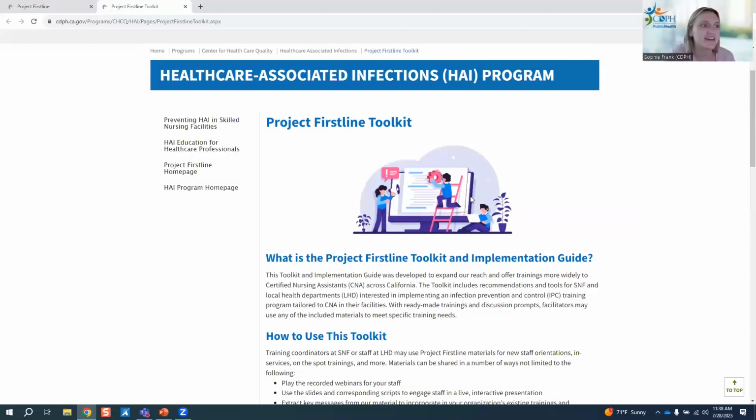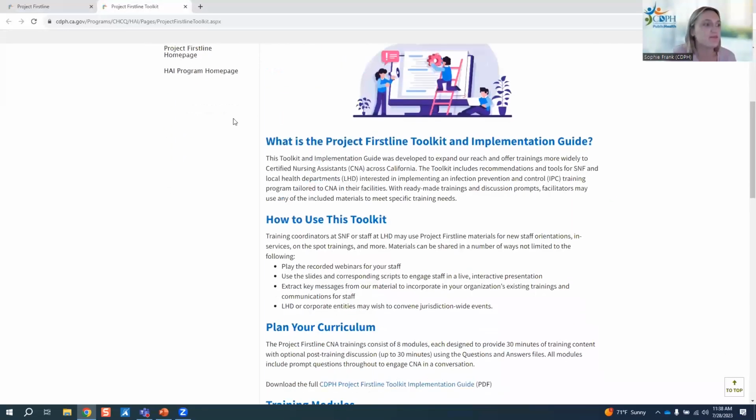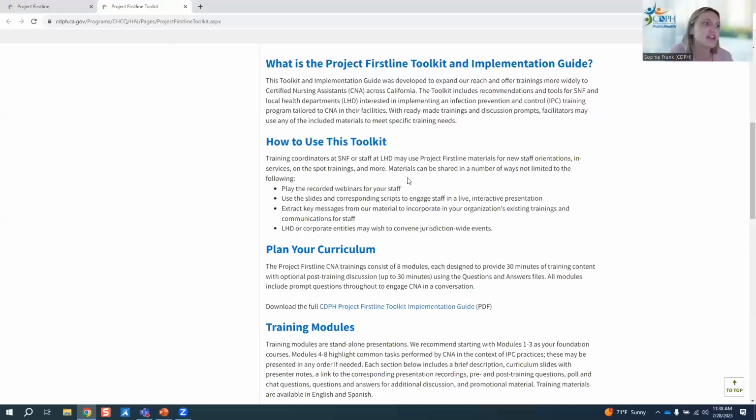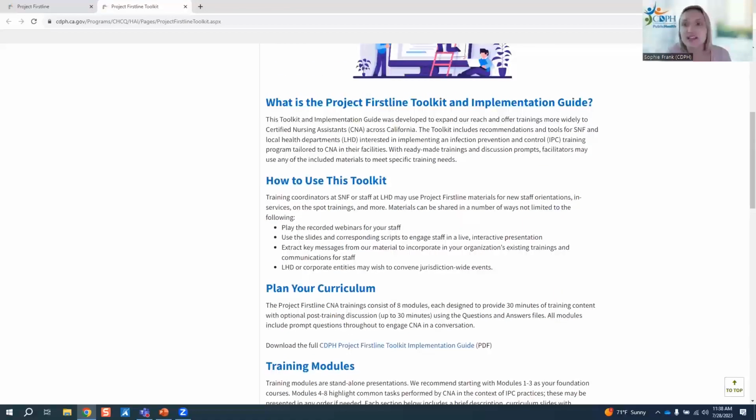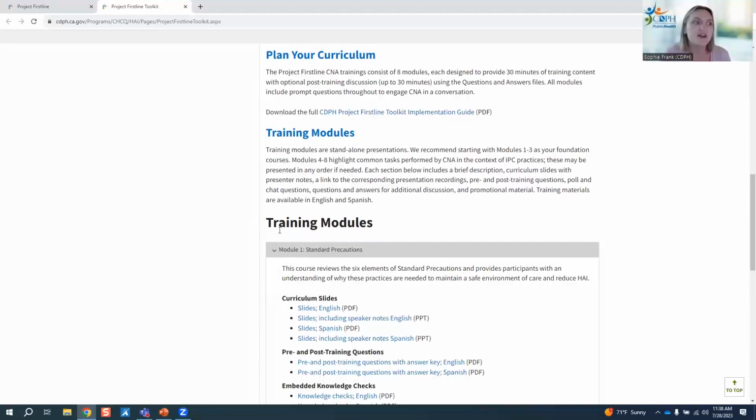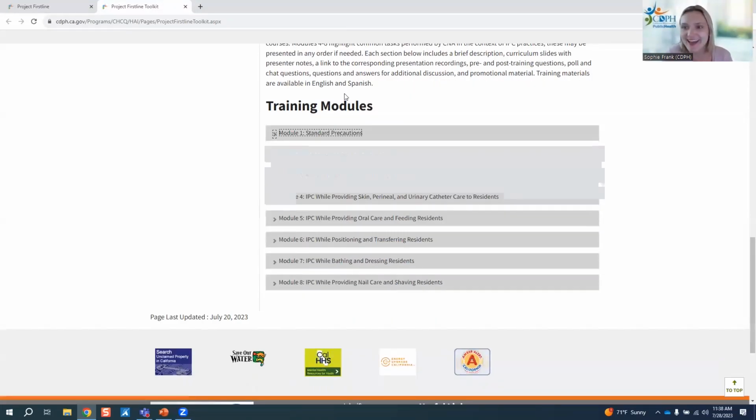And then here is the toolkit that we discussed so much last week. So you may recognize this image from our screenshots during the presentation. We have sections on how to use it, how to plan your curriculum, and then the implementation guide is that PDF version that I was talking about, and you can download that and have that as a resource ready to go if you forget the website or if you just prefer to work with a file. And that has additional suggestions on how to implement. The web version is a little bit more brief. And then down here is the training modules table that we definitely discussed and you may be familiar with looking at from the screenshots. So I'm going to pass it to Shannon and she's going to walk us through some questions